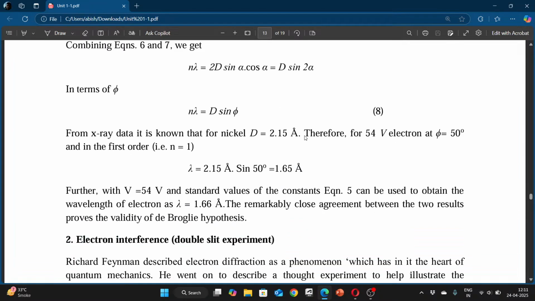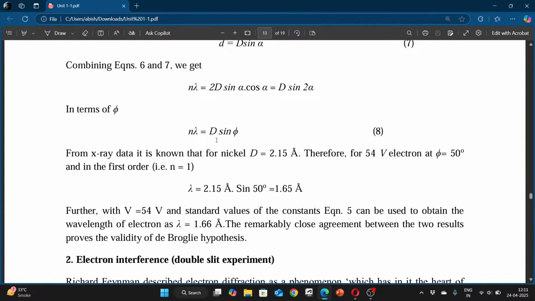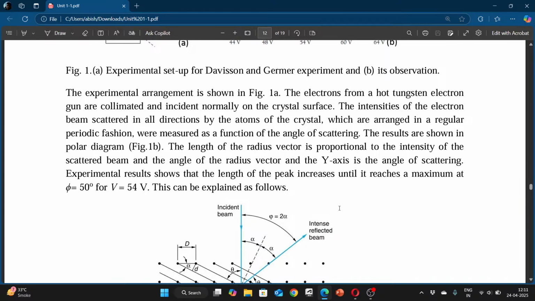From X-ray data, known for nickel D equal to 2.15 angstrom. देखो 54 वोल्ट पे 50 डिग्री, फाइ मालूम है, D मालूम है, वोल्ट भी मालूम है, लैम्बडा है 1.65 फर्स्ट ऑर्डर, तो 54 इलेक्ट्रॉन वोल्ट, so the standard value, equation 5,